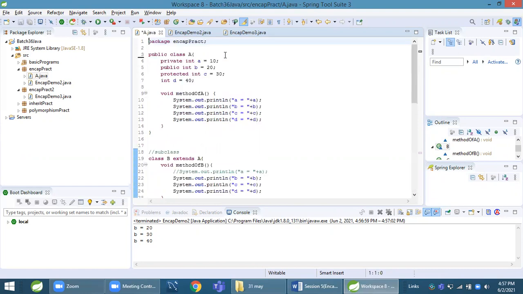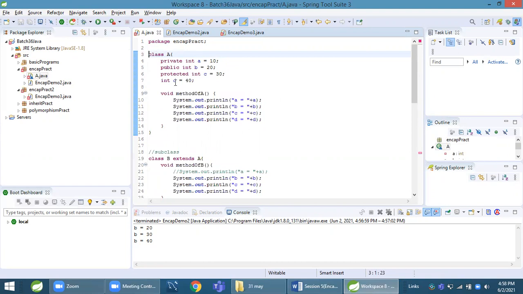So to focus on encapsulation, it is better not to go in deep of this public and all these things. But whatever I showed you, you can remember that.